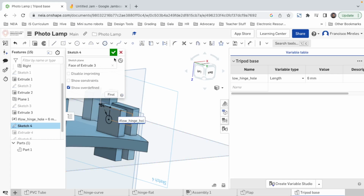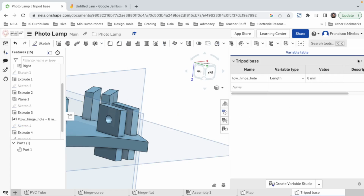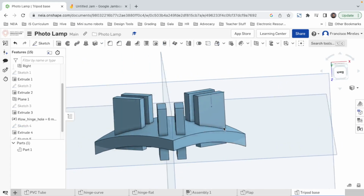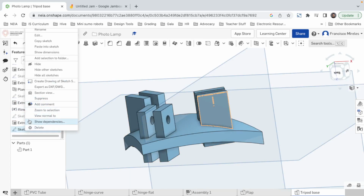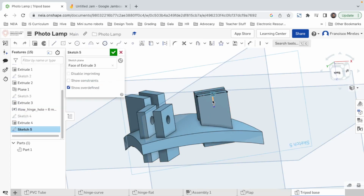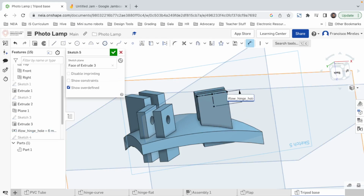And now, instead of here having a 6, we're gonna look for that variable, low hinge hole. And the cool thing here is that if we want to change that distance, we don't have to click on each one of the sketches and edit it. We just modify that variable in the variable table. So here, same thing. Low hinge hole, enter,